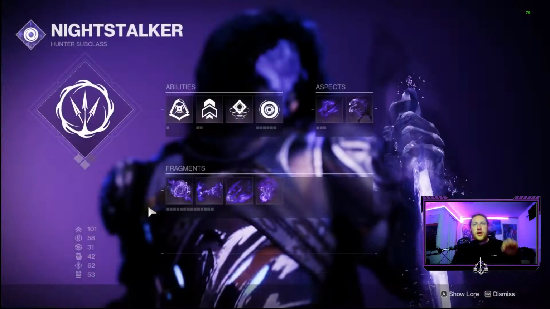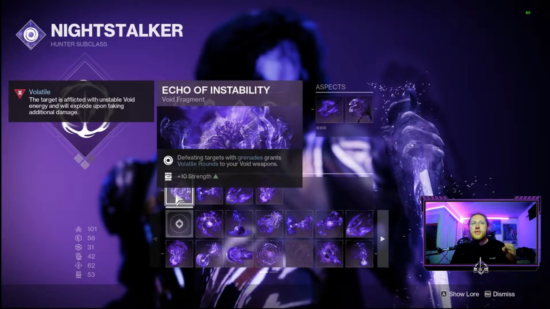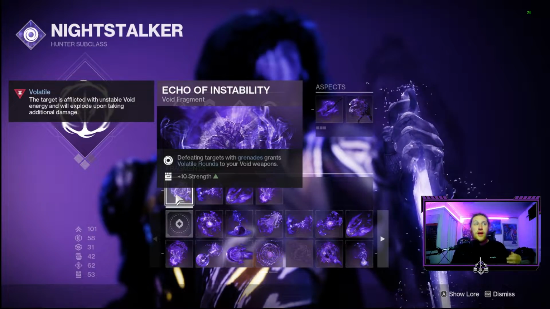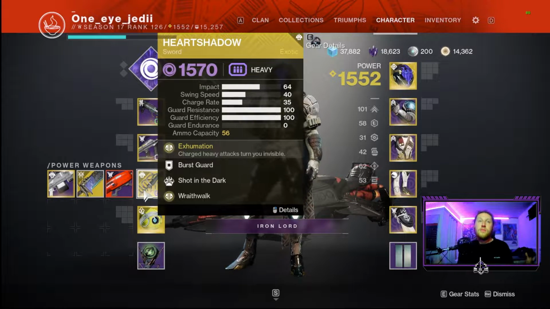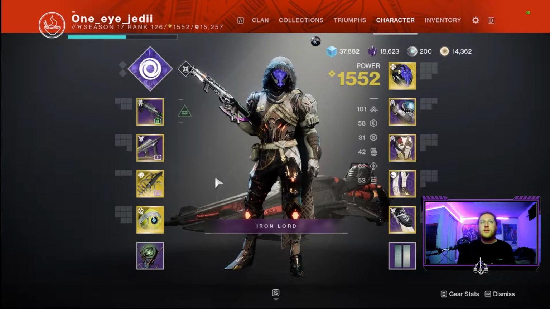procced. An additional facet to making the sword even better is throwing on this Echo of Instability. Defeating those targets with grenades creates volatile rounds, so that'll apply to both our Funnel Web and our Heartshadow, which is great, so you get that little extra damage and that Void Burst for this sword, which works on all of our characters. The only reason I'm on Hunter is it seems to pair